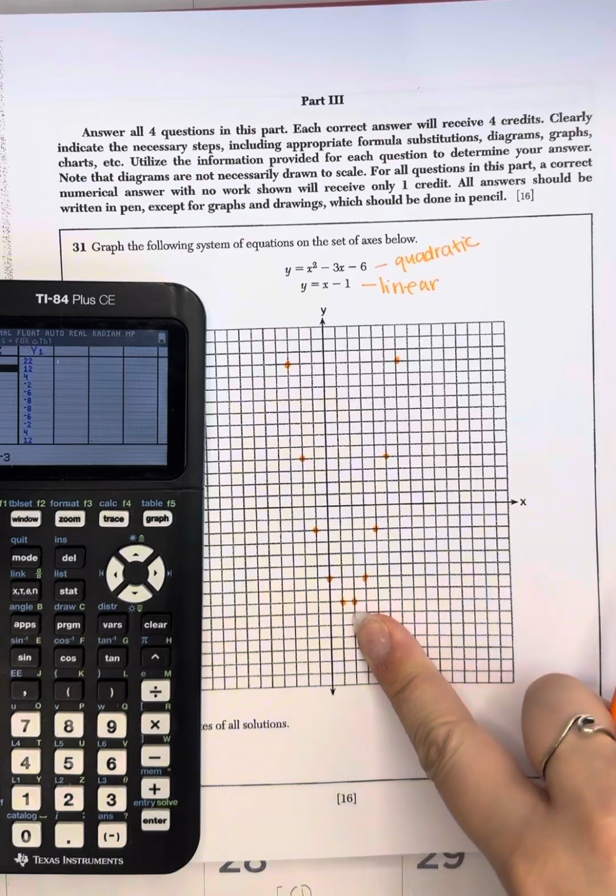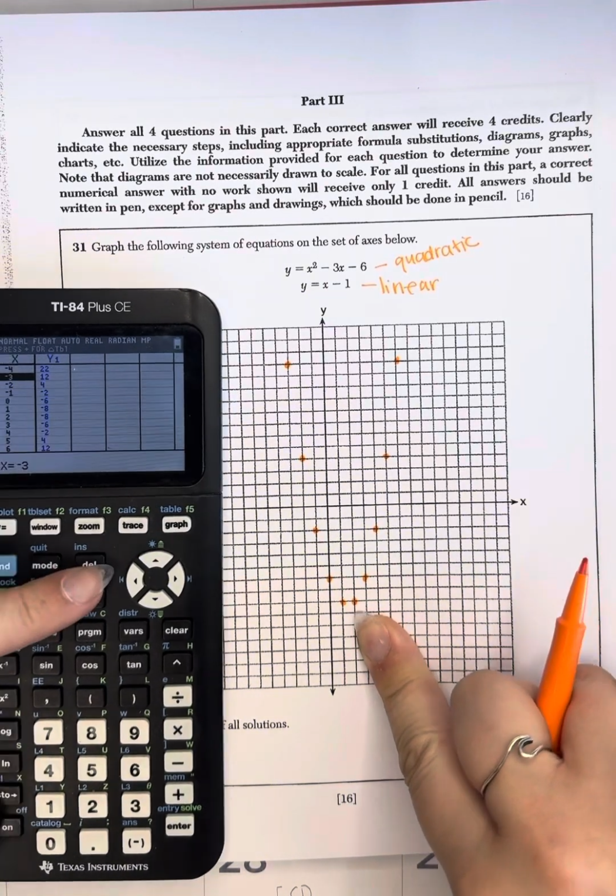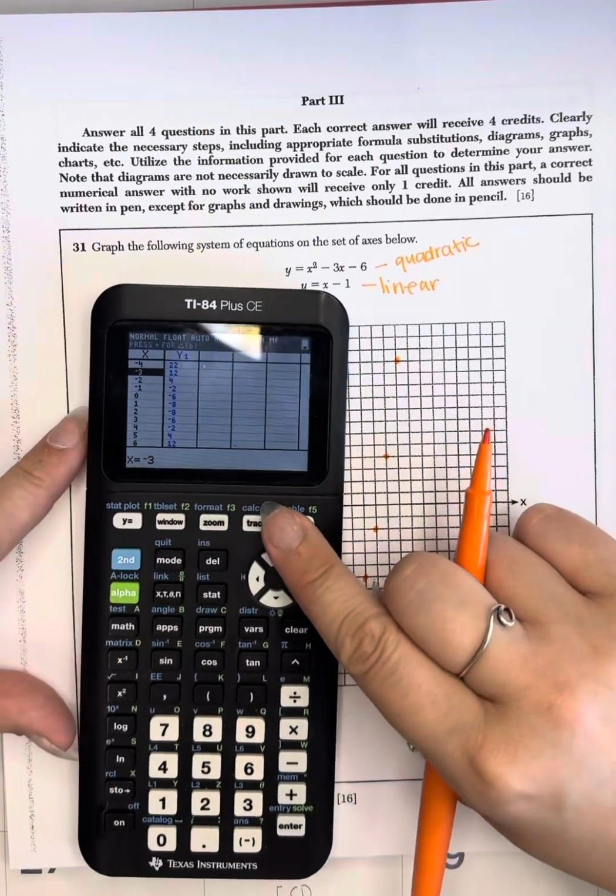Okay, this does go lower than this. Okay, we can go to our graph,